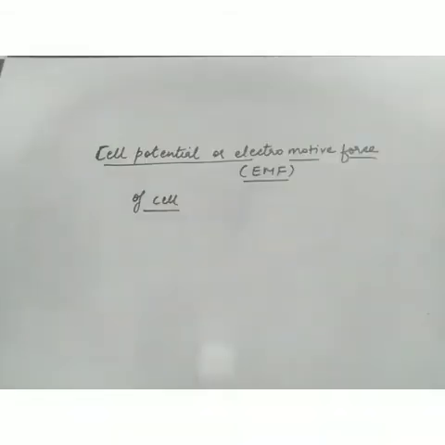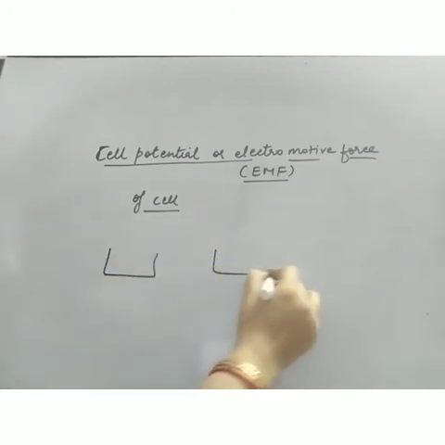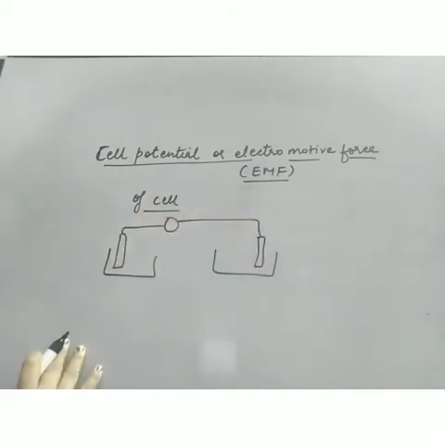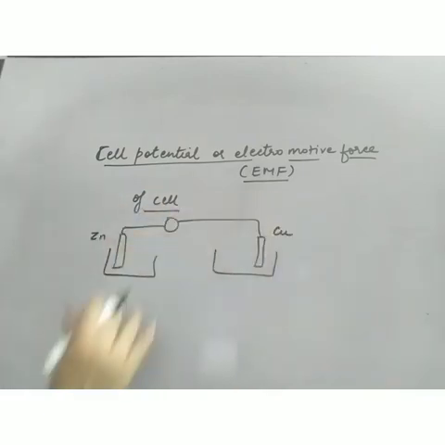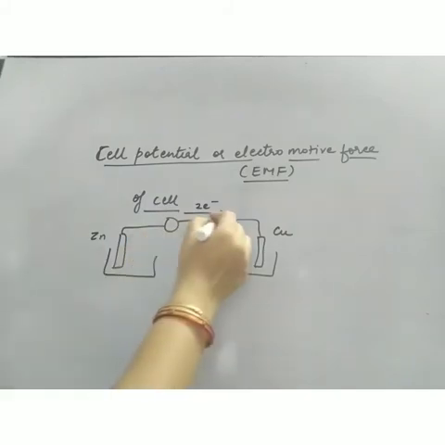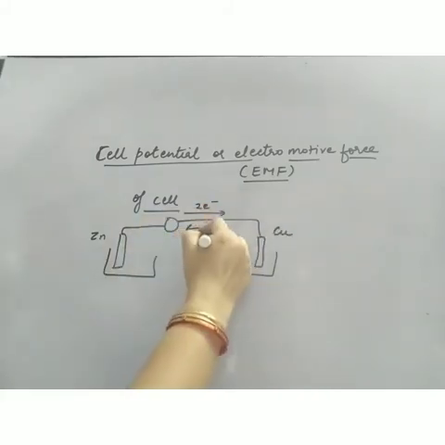Now the next topic that we have to discuss is cell potential, or the electromotive force, that is EMF of a cell. You must be familiar with this term in physics, EMF or the potential difference. Now again consider that zinc copper cell. Again and again we'll be taking that example only. This is the voltmeter, this is my zinc, this is my copper. We know that electrons flow from zinc to copper, and there is a flow of current from copper to zinc. Here current flows, and there is deflection in the voltmeter.